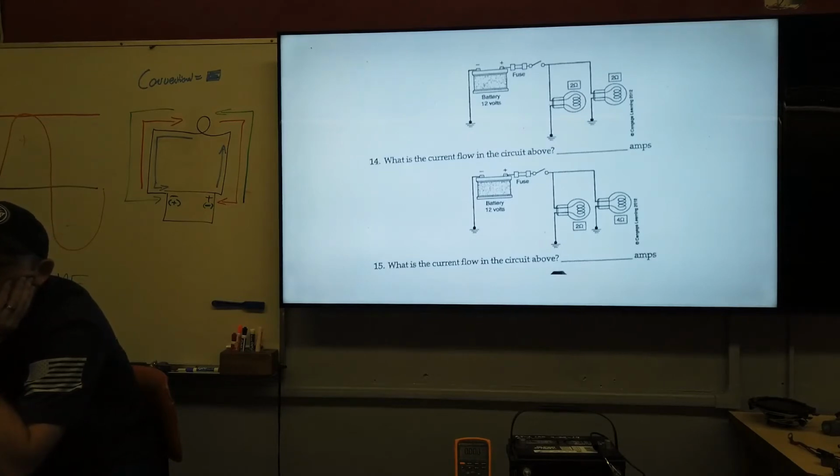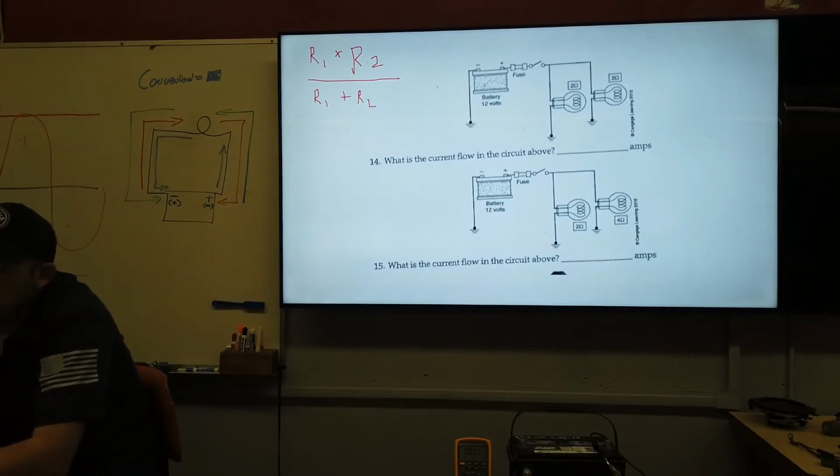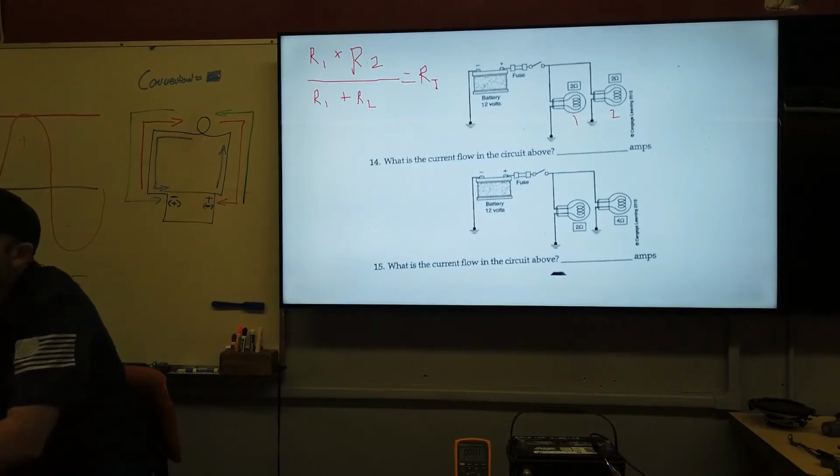And so the really simple formula that we're going to use is R1 times R2 divided by R1 plus R2. All right. So that will give us our resistance total. If I call this one R1 and this one R2, then we can say that our formula for this is going to be